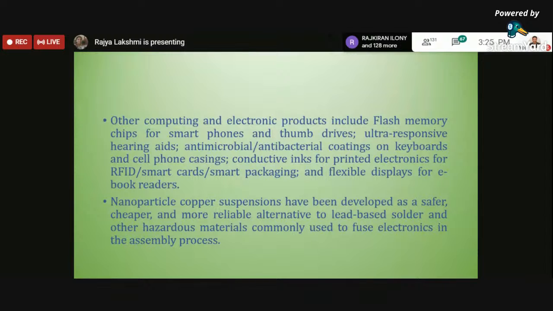How many times will you be touching your mobile phone screen in a day? Then what is the impact of continuous touching, continuous contact of your finger on the screen? What is the impact on the finger? You can think about it. It is a screen, we are simply swiping, right? No issue. Mechanically, when you are trying to use it, we are comfortable. But what is the impact of that screen material on your finger?